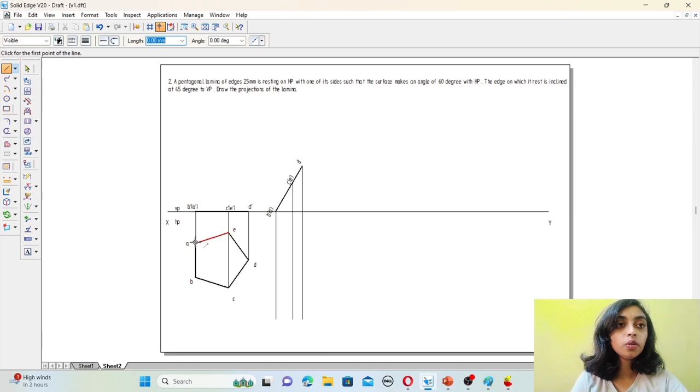Then go to here. Point 2. This is E point. Then again, this is B. Point 2 here. Then again, B point. Here is our B point.